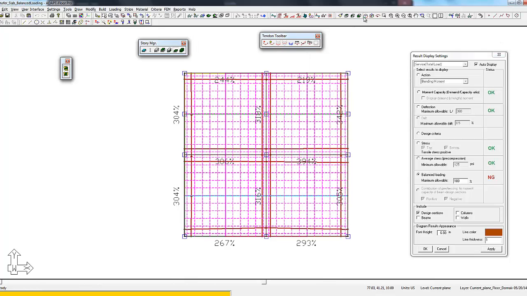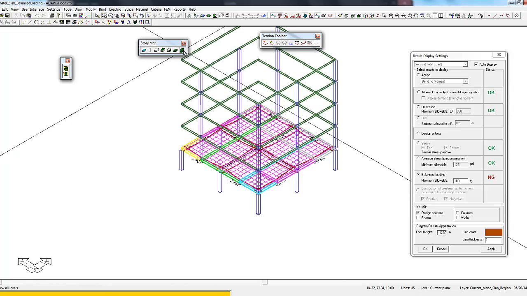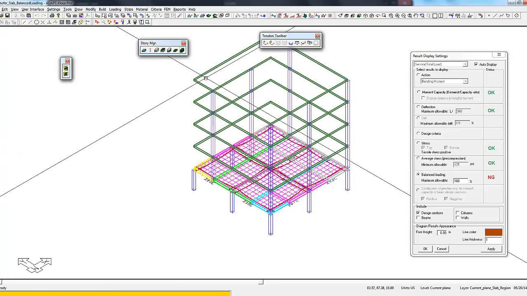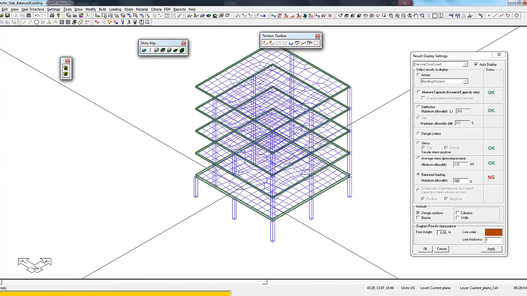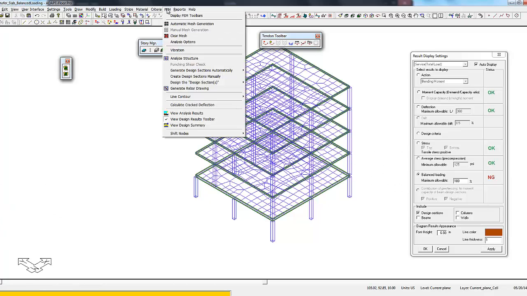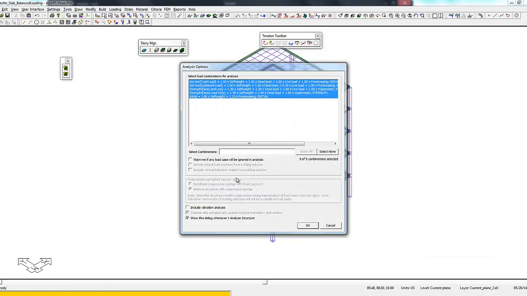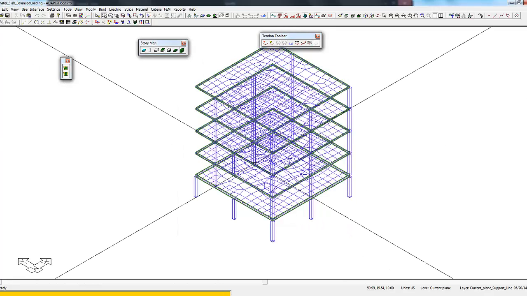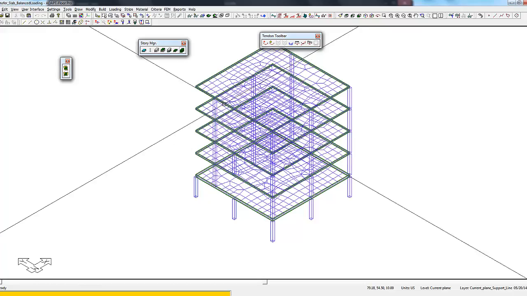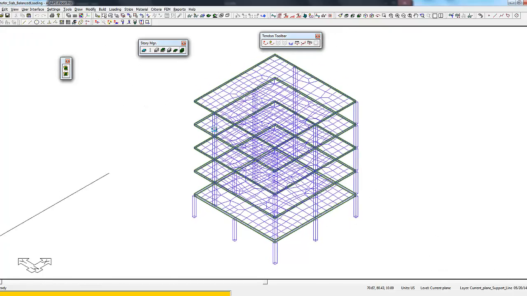Now if I go to multiple level mode, and from multiple level mode I'm going to go ahead and I'll just turn on the mesh display so we can see all of the levels are meshed. We're going to go ahead and analyze the entire structure. So we'll analyze the structure,